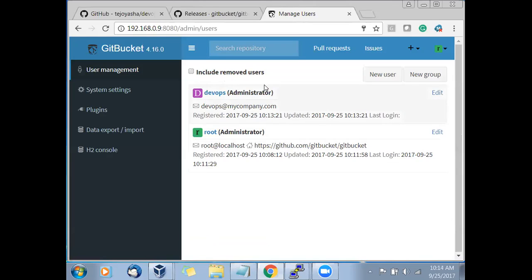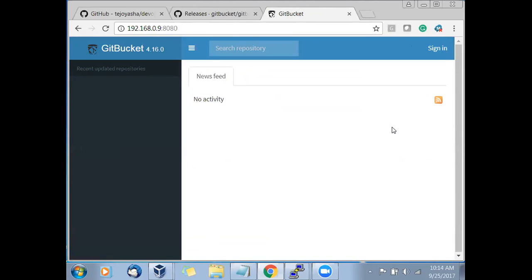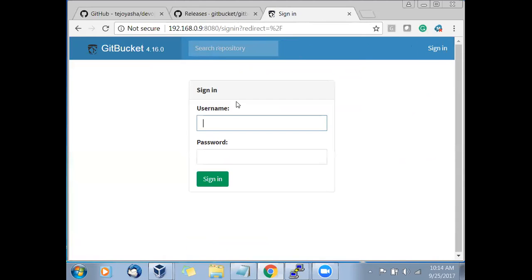Good. Now you have two administrators, administrator DevOps and the other administrator. So what I will do, I'll log out from this user now and sign out from the root user. And I will log in with which user? The DevOps user, because that is a project user. So never work with the root account. Okay. So always go with the normal account.